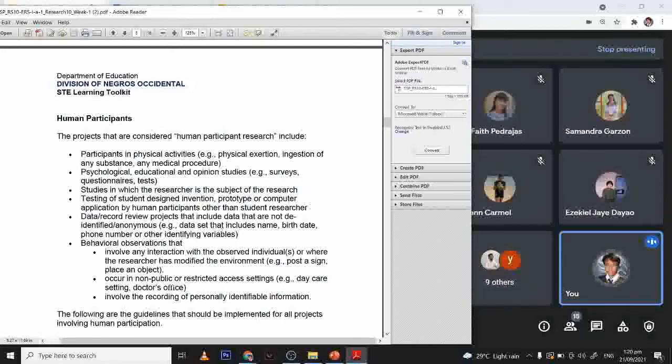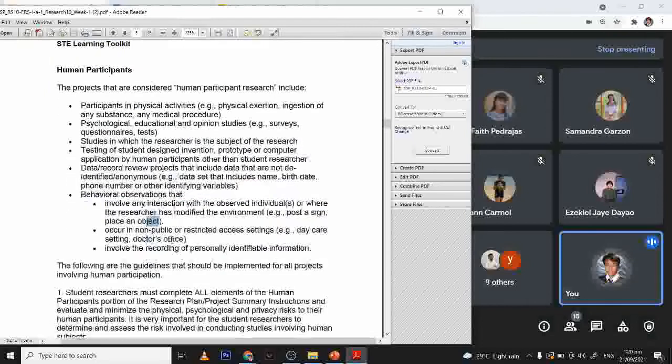Next, we have the vertebrate animals. So these are our four R's. Replace, reduce, refine, respect. So replace,